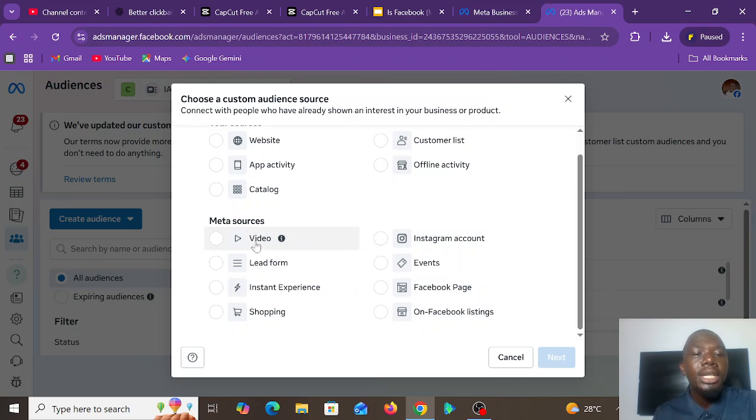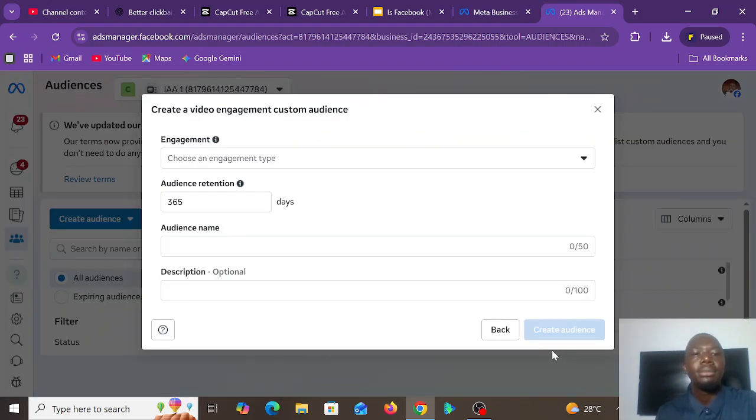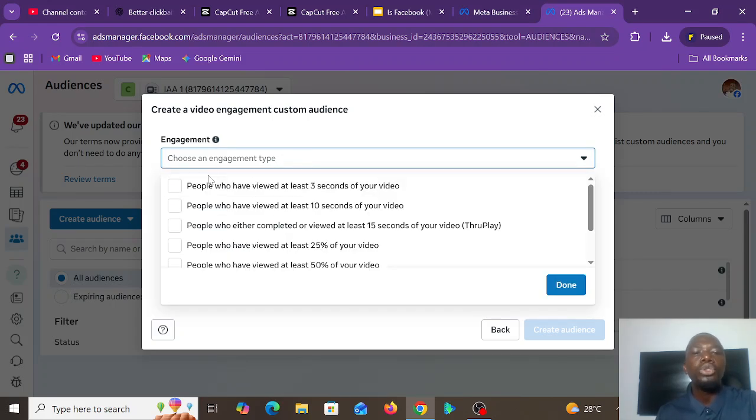So under Meta sources, I'll choose Video. Now if I click on Video and click Next, it says Engagement, choose an engagement type. I want to target people that viewed our video at least three seconds.